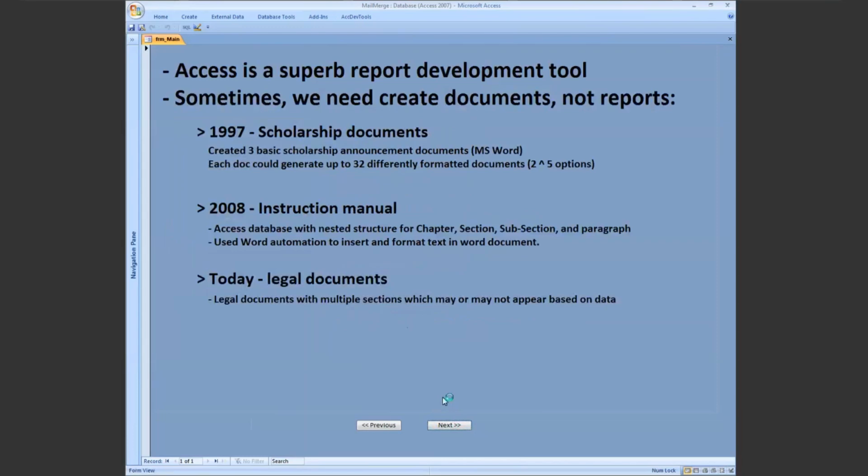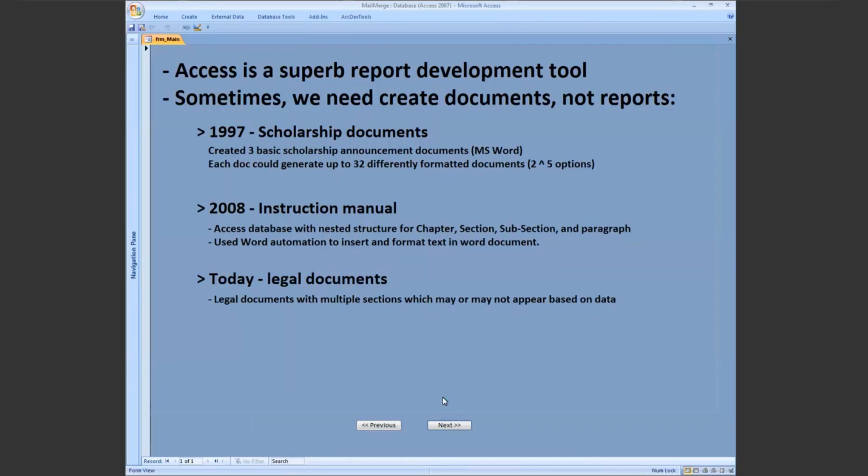All right, so Access is a superb report development tool. There are just so many ways to do things with Access reports that it amazes me sometimes what you can do. The guy that I think is a huge expert in this area is Jim Detman. He contributes to a lot of stuff, and I'm sorry that he's not here today, but he's got a major project he's trying to get fielded soon. I know David has a bunch of really neat reports that are also available in Access,